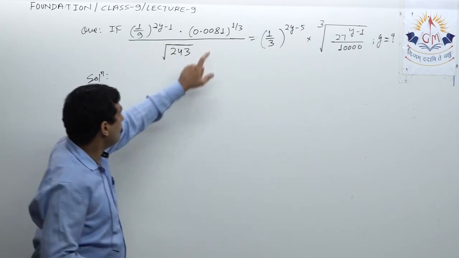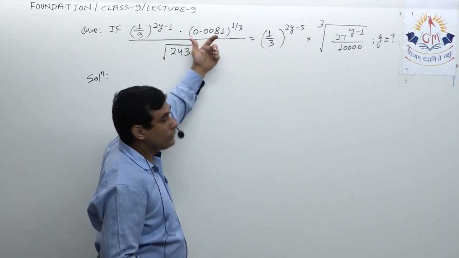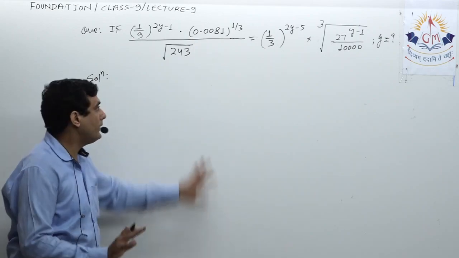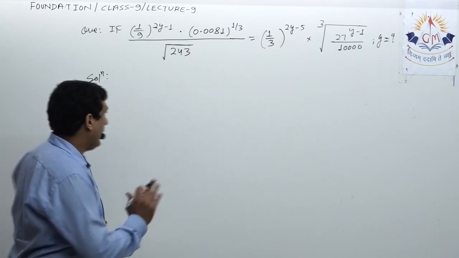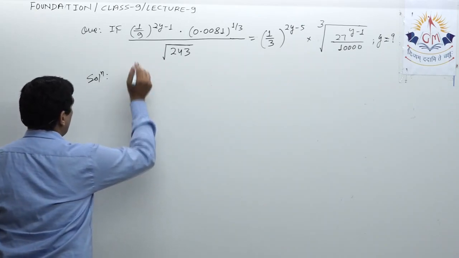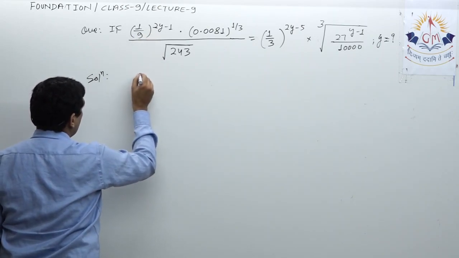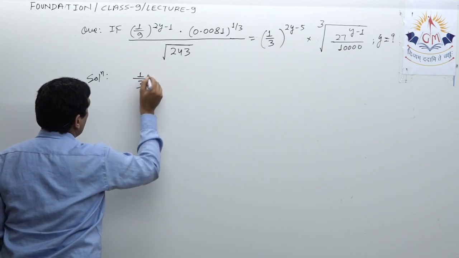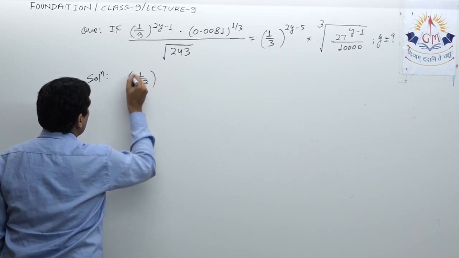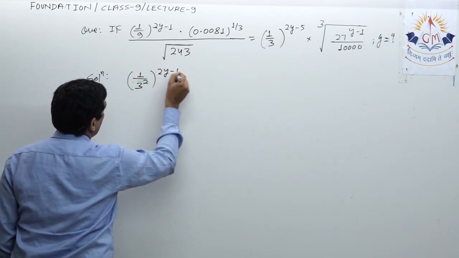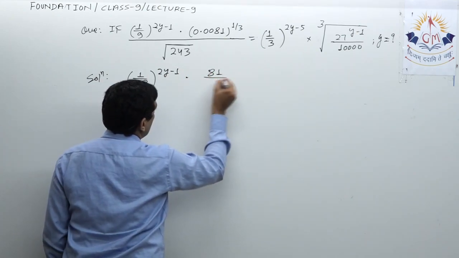So the only term that may create a problem is this 10,000, and here we'll get 10,000 if I remove the decimals. Otherwise remaining all terms can be represented in the form of 3 raised to any value. So let us see how to solve this. This is 1 upon 9, so I am writing this as 1 upon 3 square. 9 is 3 square, so 1 upon 3 square raised to 2y minus 1 multiplied by 81 upon